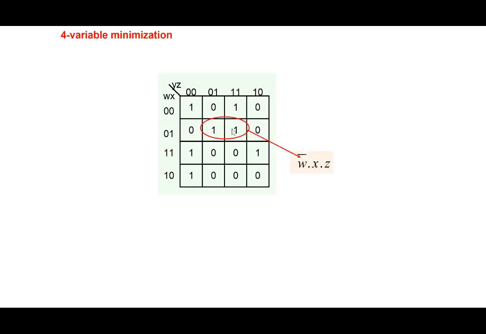Okay, so this becomes w bar x, y, x, z here, so that's fine. We can cover them too. This one is also something we would like to cover, and we would like to cover it with the simplest possible term, so we combine it with this one here. That becomes the simplest way of covering this one here. Now we are left with,